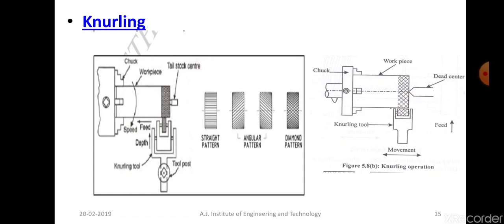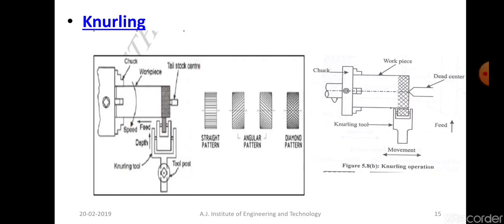You cannot use the tool you have been using for facing and turning. It's a V tool that is used for facing and turning, a single point tool. For knurling we have to use a separate tool called a knurl tool. The tool itself has the pattern already in it, and when you force this tool against the workpiece, the pattern on the tool makes an impression on the workpiece. So the same pattern is produced on the workpiece.